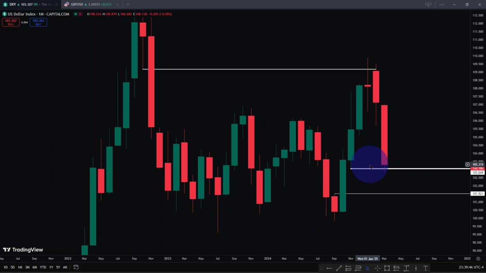Last week we were talking about this discount monthly fair value gap here, and we talked about a number of things really, but yeah, you can see markets finally trading into this gap. This is the discount gap, and the question is, what's going to happen next? Because we seem to have had a swell time this month, March, because of this insane price action. I think two weeks prior.